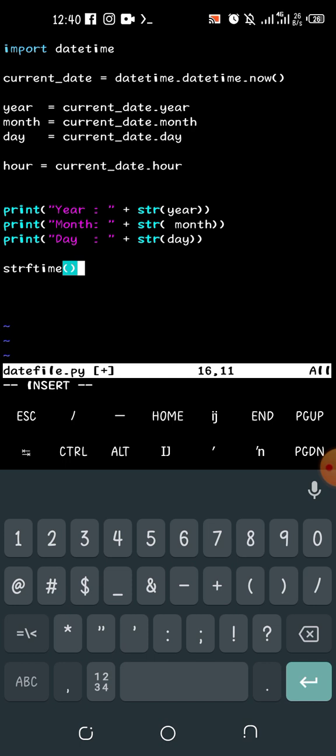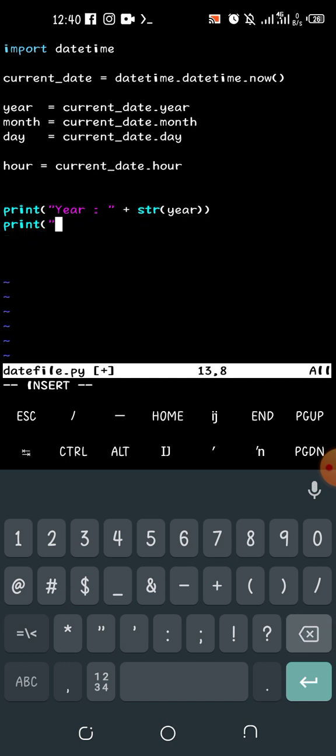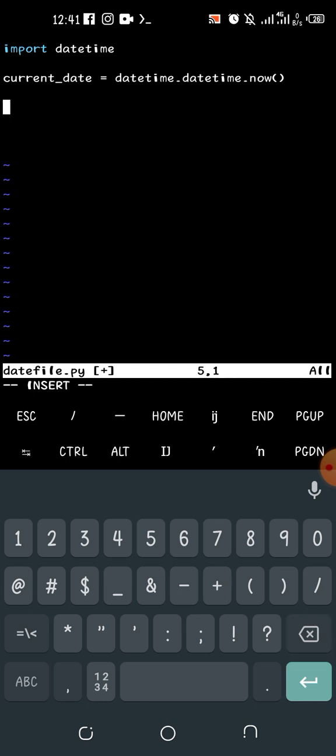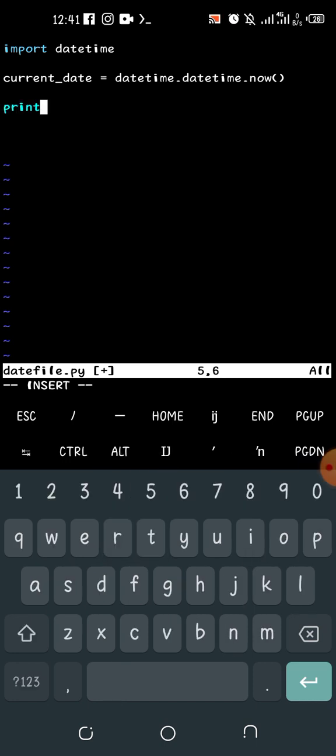Okay, so let me give you an example. Let's say this current date. Let me clean everything so you can understand what I mean. After getting some current date, you might want to display it in a format that you want. Because if you display it like this, let's say we print